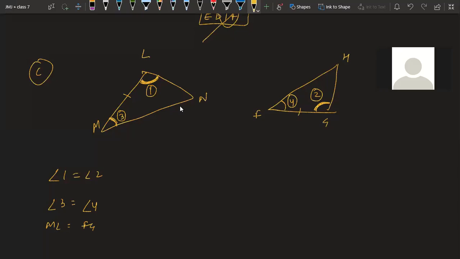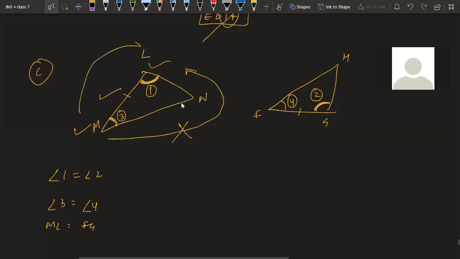So class, if you observe, this is a simple criteria. First an angle is coming, then a side is coming, then an angle is coming in continuation. If you go in this direction, it will be wrong, because MN and NL are the traps. They are the blank spaces. You cannot move on them. You have to move on a desired path only. And the path given to you is this one. This is the correct path to go. I hope you are able to understand.